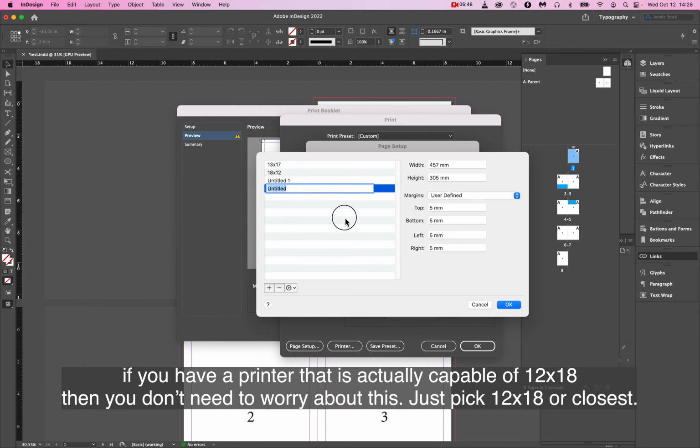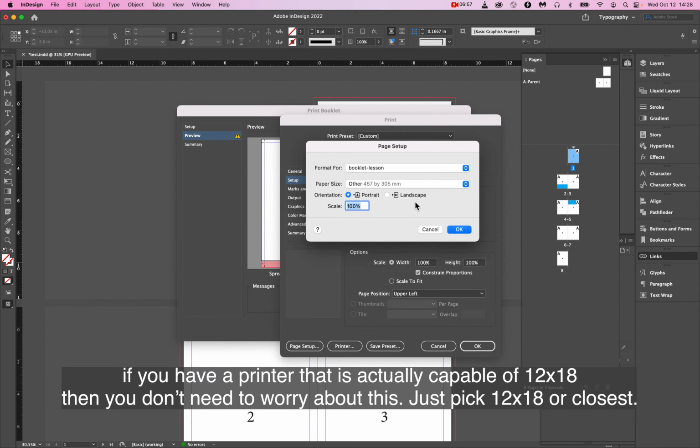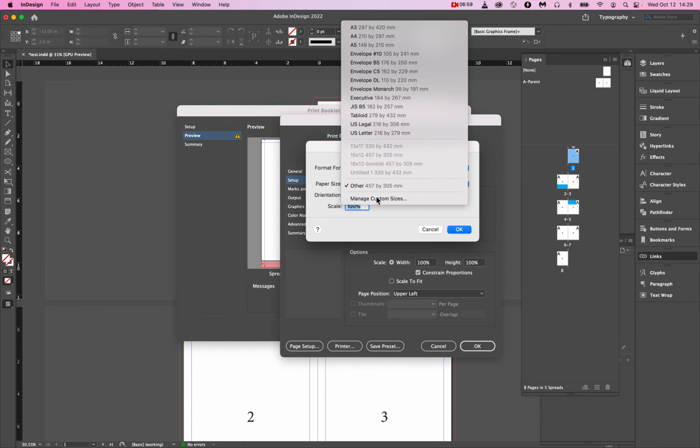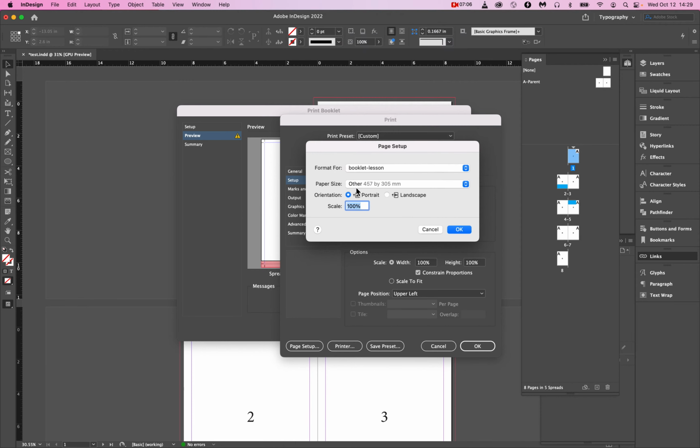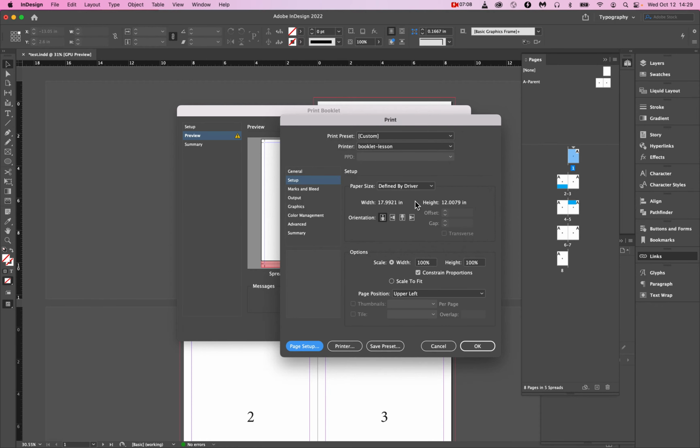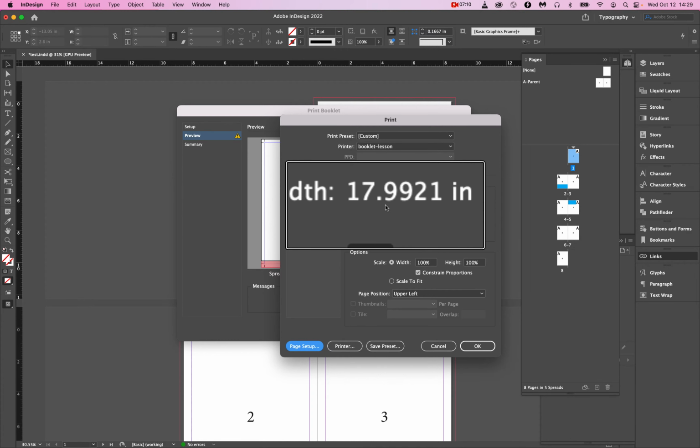And I'll rename this one. I'll call it 18 by 12 booklet. Okay. And I'm going to hit OK. And for whatever reason, it wants this to be called other. Even though I manually named it, fine, I'll click other. Okay, cool, other. And now look, we've got a width here,